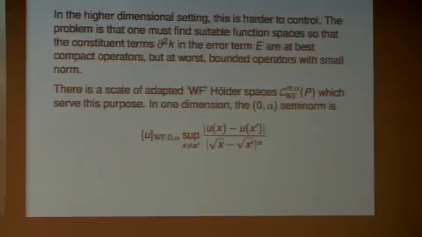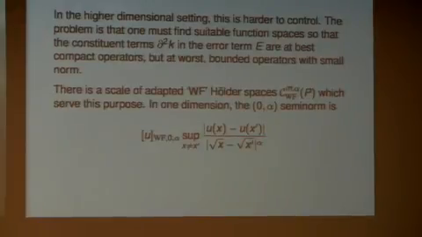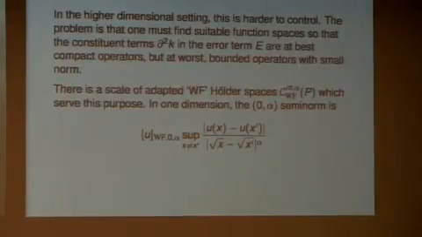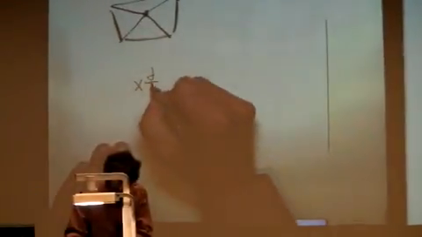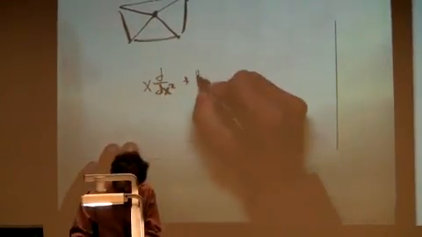And in one dimension, if I look at just the simplest versions, I'm not going to do the full scale of spaces, and there are various modifications of these, the alpha semi-norm is where I take the difference quotient, but instead of taking x minus x prime to the alpha power, that's in the definition of ordinary Holder spaces, it's square root of x minus square root of x prime. And actually, this is related to, suppose I go back to the one-dimensional problem. x d by dx squared, d by dx.